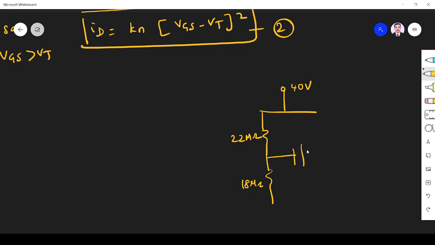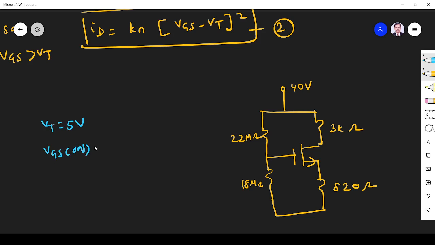This is a MOSFET, and we have a source system. Here we have 3 kilo ohm, and here we have 820 ohm, NMOS. What we have to find and what are the things given: they have given VT is 5 volt,